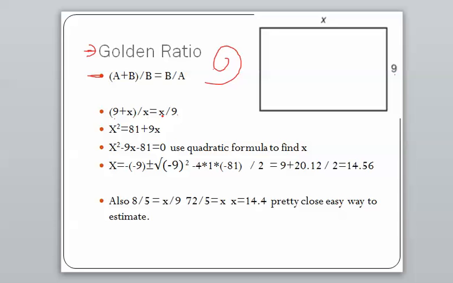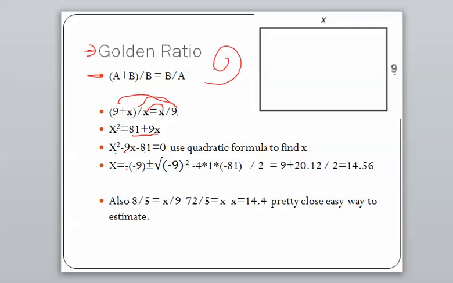It goes out here for the other one, and then you just do a little bit of cross multiplying, or means and extremes, however you want to look at that. You get X squared, because these two multiply together, and then 9 times 9 is 81, and 9 times X is 9X. I subtracted those from this side, and got X squared is equal to 9X minus 81. I can't really factor it, so I'm going to have to use the quadratic formula. Negative